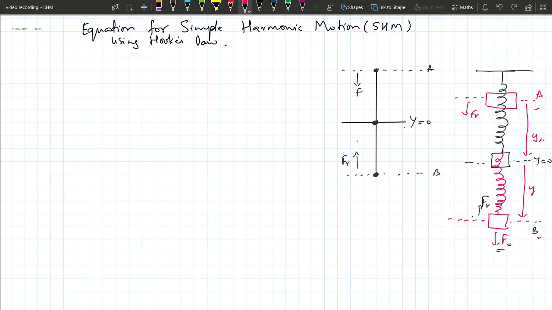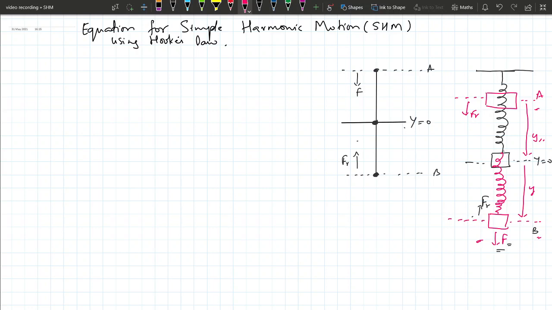It keeps the mass in oscillating form. So this is the restoring force. This is the applied force. You are getting the point. The restoring force is generated when you apply the force, and it is proportional to the displacement. So this should be kept in mind because these are the conditions for SHM.